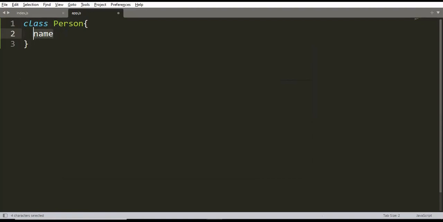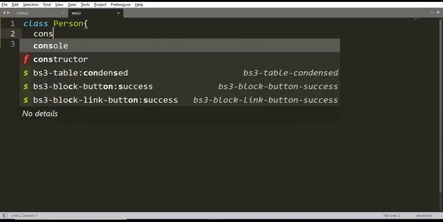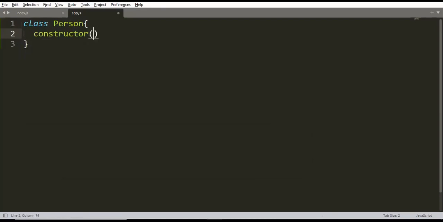But classes also have a special method or function whose name is reserved: constructor. That means you cannot use constructor to create your custom functions. The constructor function is reserved and JavaScript knows how it is used. Now, inside constructor, whenever it is called, it will have an argument, name. What we are doing is saying that the name property for this class would be equal to whatever argument is given to this constructor.